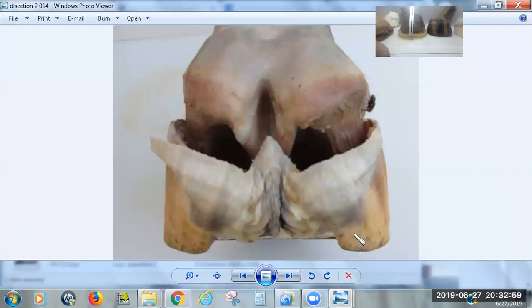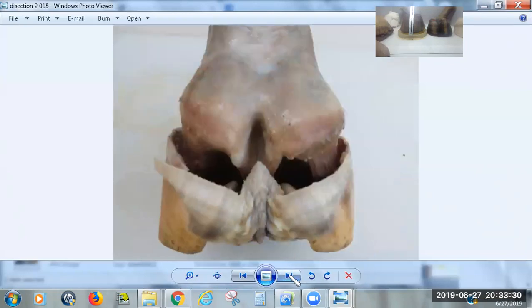Now, what happens when you do that is that the way this hoof capsule is connected to this foot, it puts it all at a different angle. The effect is like the hoof capsule's pulling one way and the foot is pulling another way. See? Because what you're dealing with here